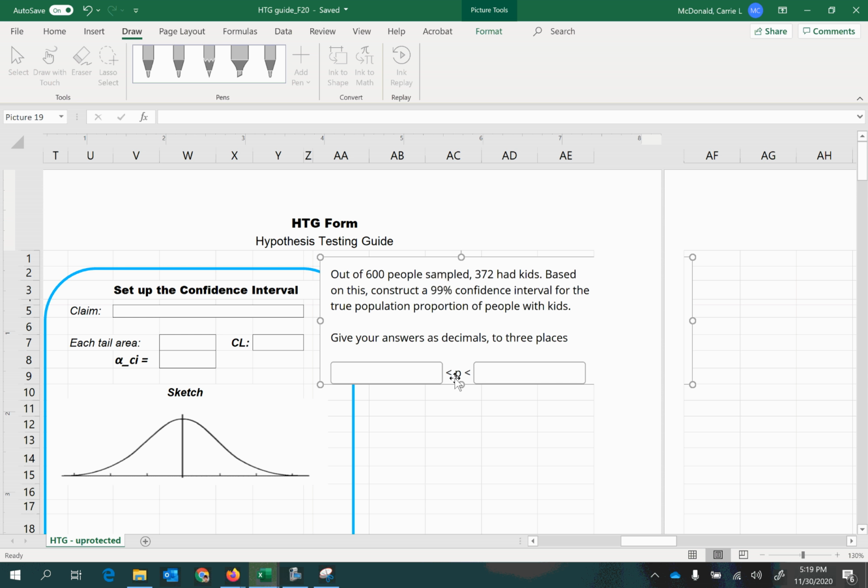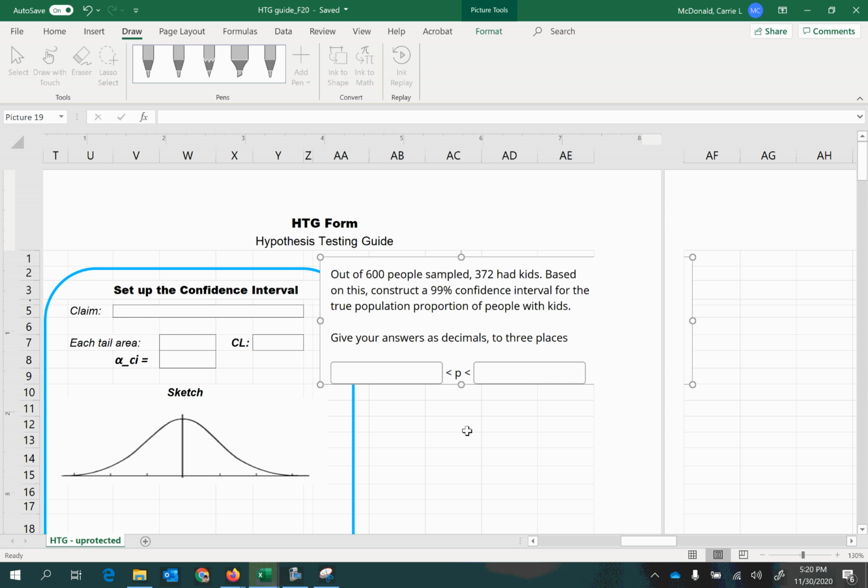So when we're saying we want to do a confidence interval, it means that we want to estimate the true population P, the true population proportion P. We want to estimate it. We're not going to know what it truly is. We are just going to use sample information and give an estimate based on that.